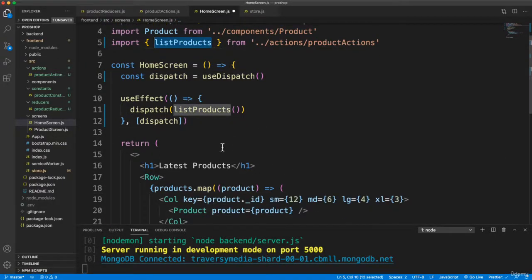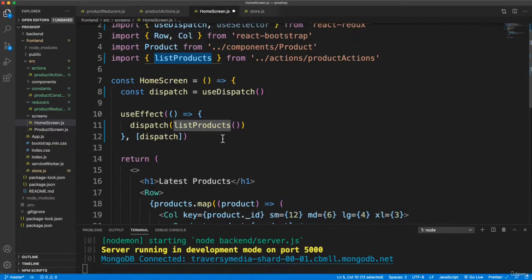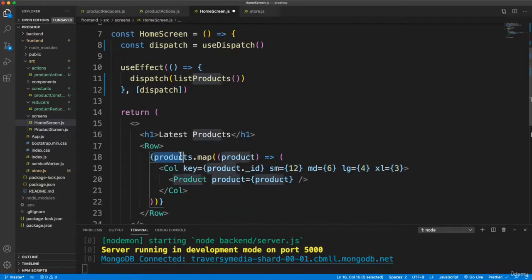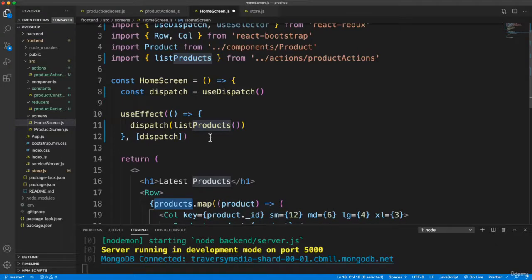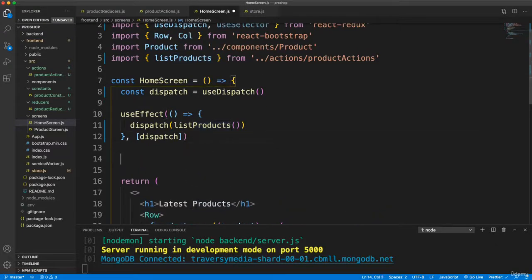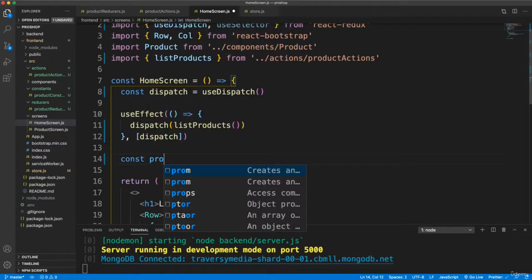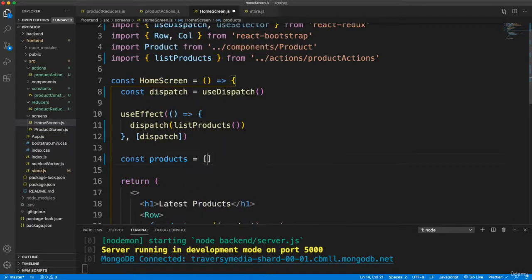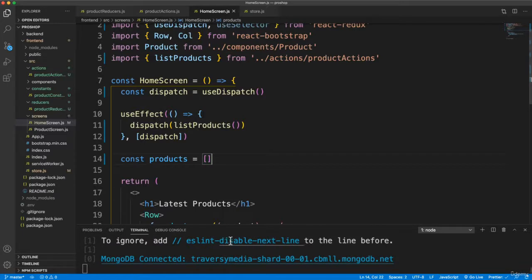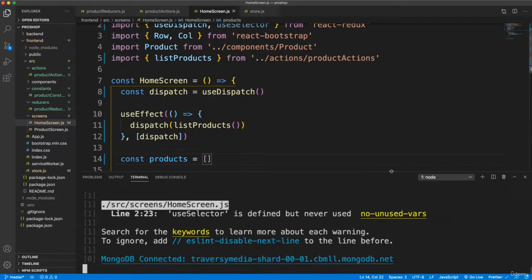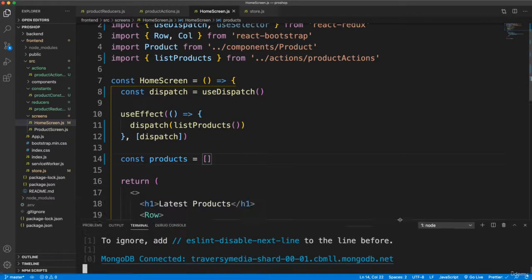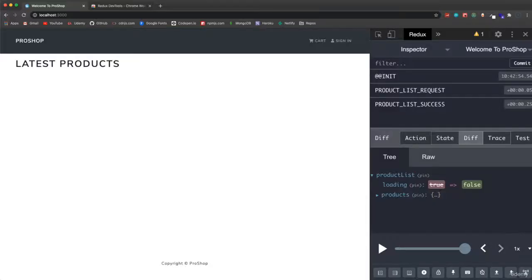It's not going to be displayed down here just yet. In fact, we're going to get an error because products isn't defined. So just for the moment, I'm going to say const products equals an empty array. All right, let me just see what we got here. Okay, so useSelector isn't used yet. That's fine. So let's go back here, and this is going to be empty, but I want you to look